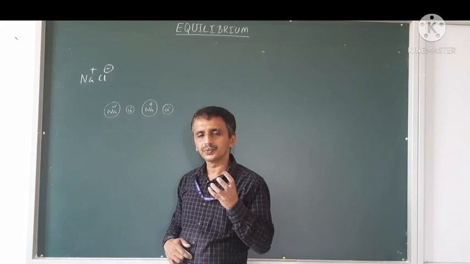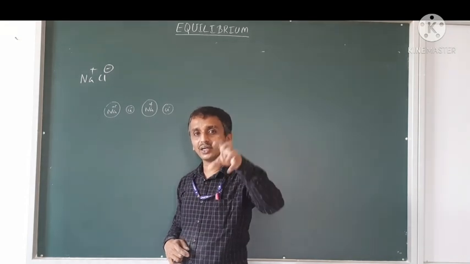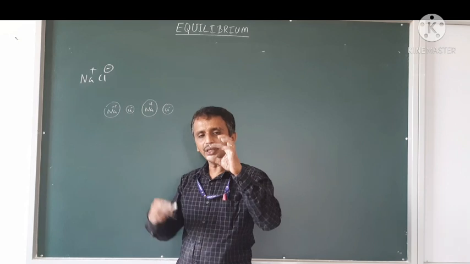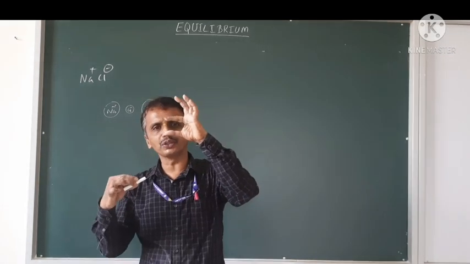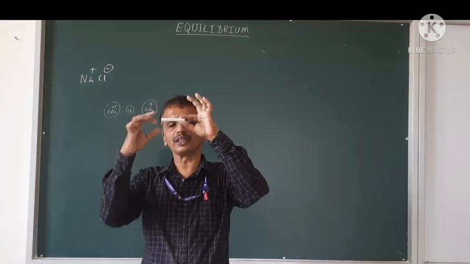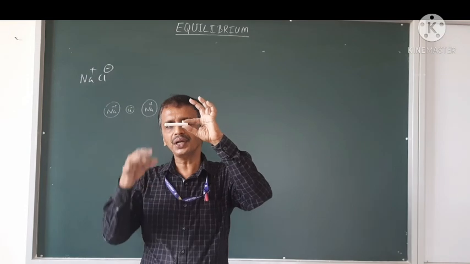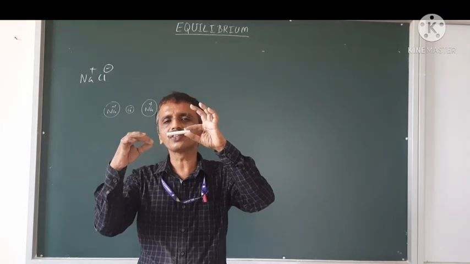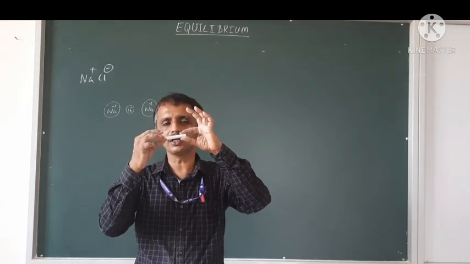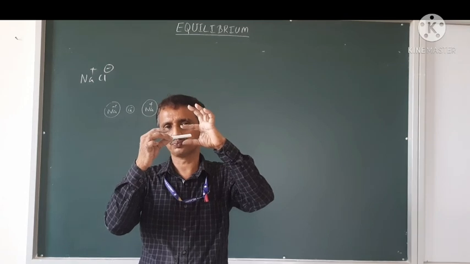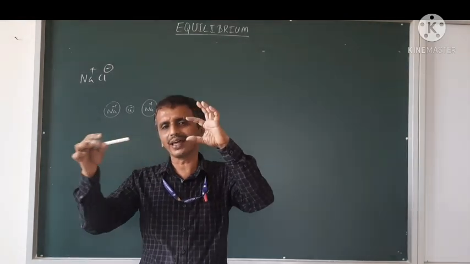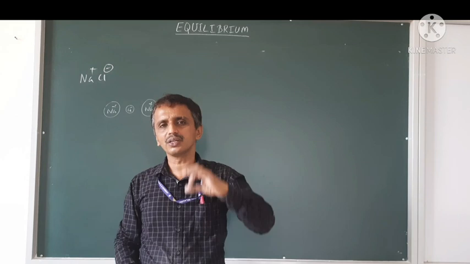But when heated, what happened there? See, this is the lattice point, you say. This is Na+. Heated, we know there is a natural expansion property, so this will expand quite enough. From this, Na+ will easily go out.